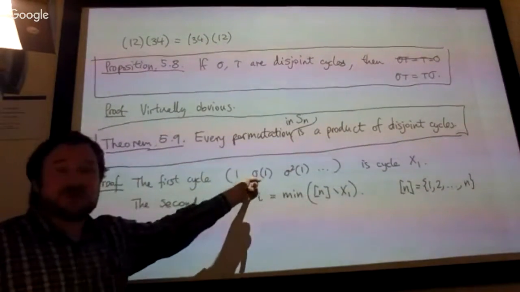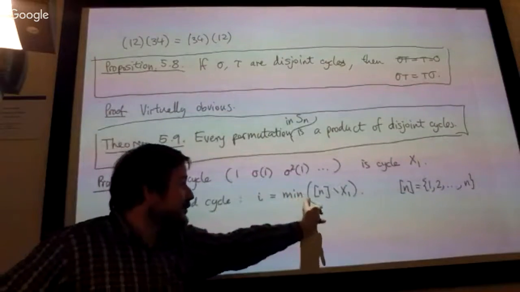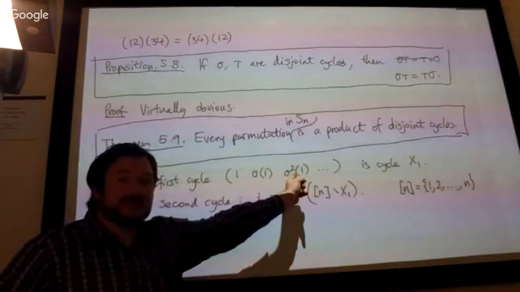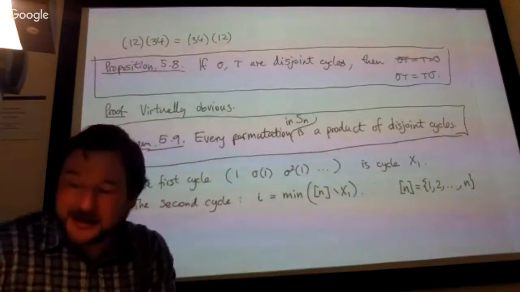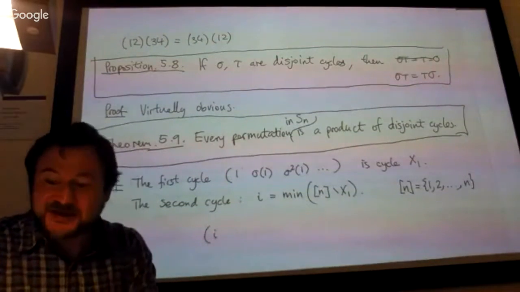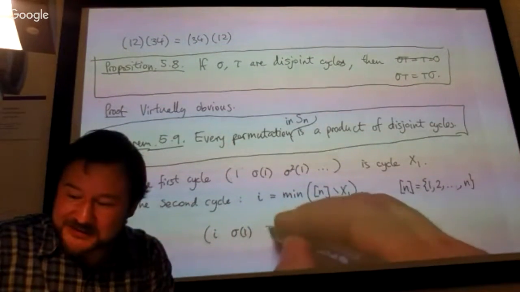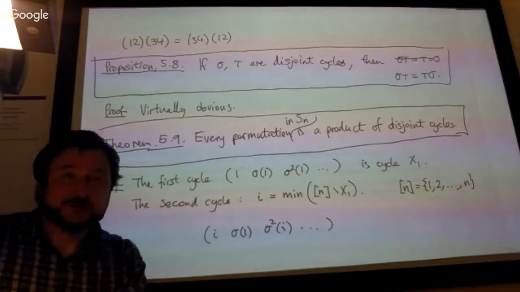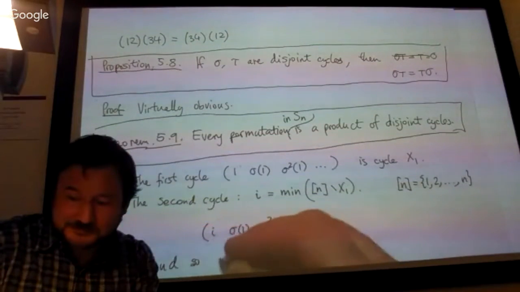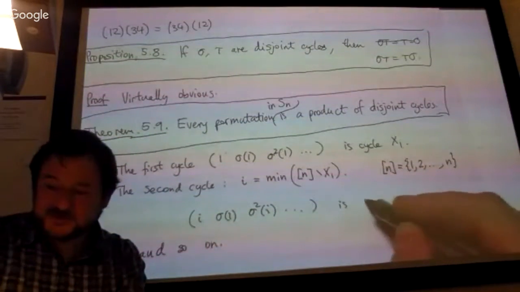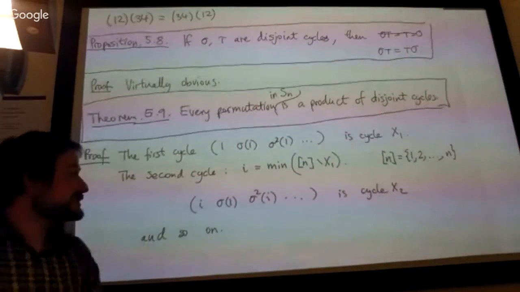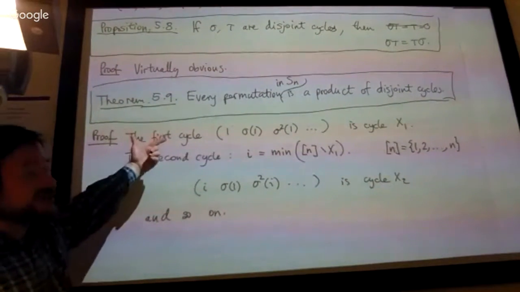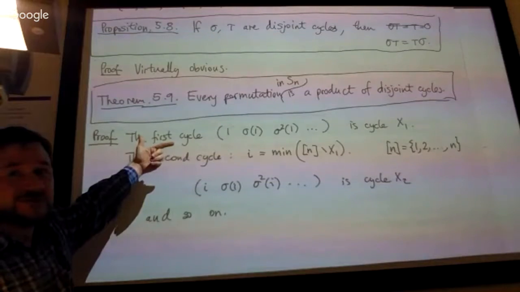x1 is the ones that I've already put into a cycle. So I look at all the remaining numbers that I've not yet put into this cycle. Okay, and I start with that number, and I apply sigma to it, sigma squared to it, and so on. Then at some point the cycle closes. So this is then cycle x2, and then I can continue, and it stops because every time I take out some elements,